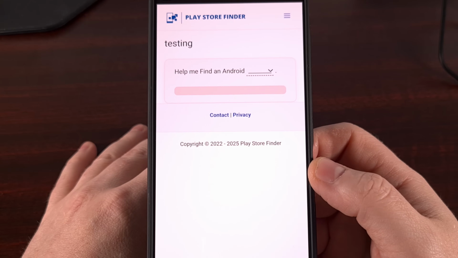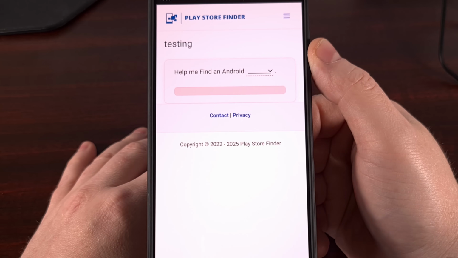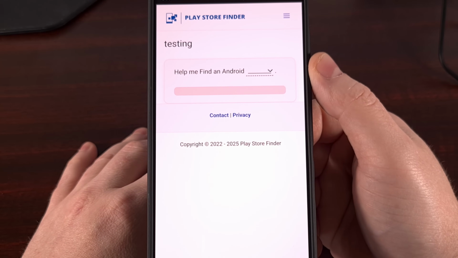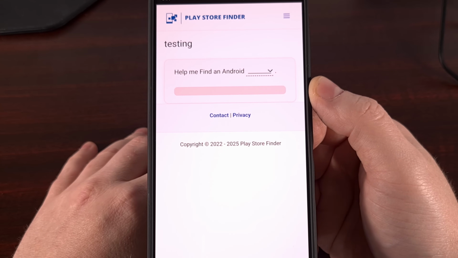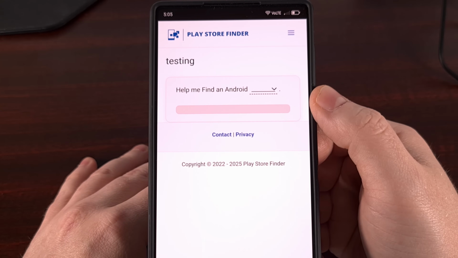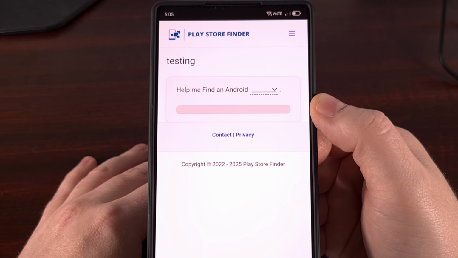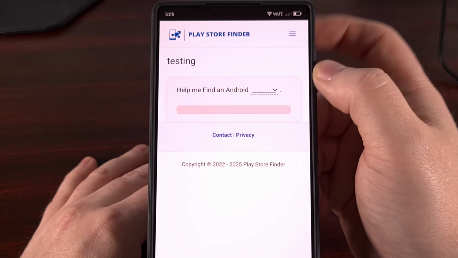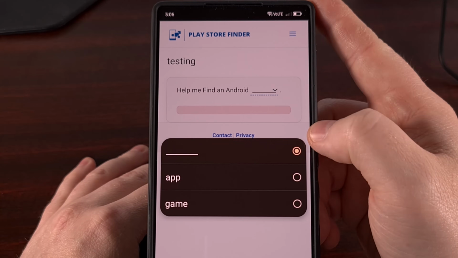Hey everyone, real quick. I'm working on a new feature for one of my websites, PlayStoreFinder.com, and I need some help beta testing this feature. You can find this page by visiting PlayStoreFinder.com/testing, and when you get here, it's going to ask you if you want to find an Android app or